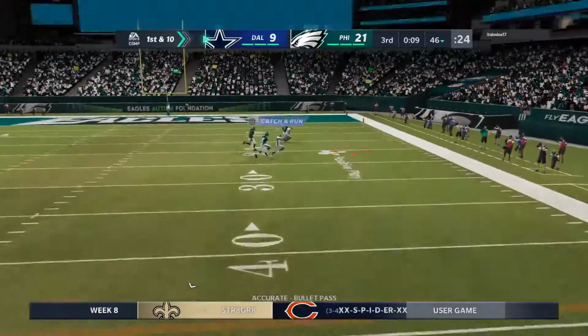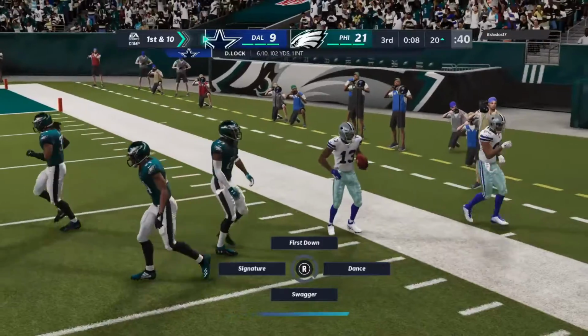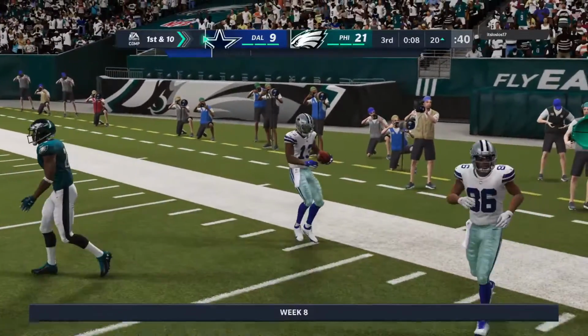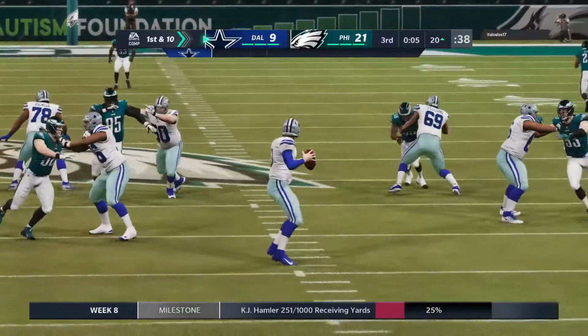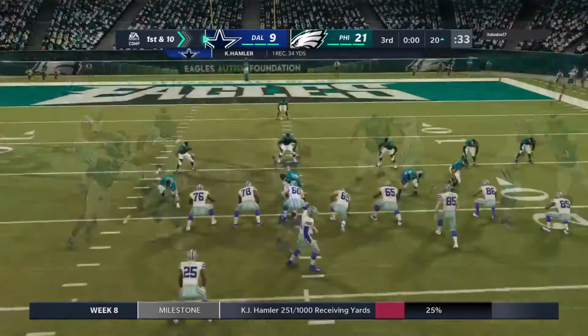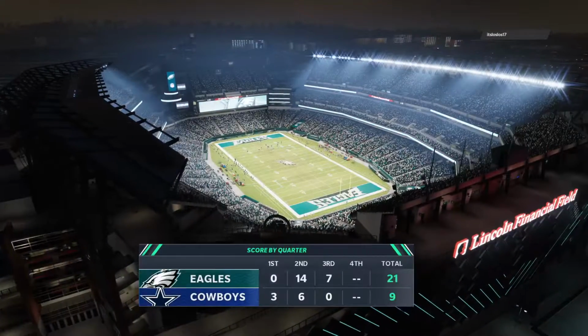He'll go up top here for Hamler. This is caught at the 20. And he's going to get this one down to the edge of the red zone. Last play, they went over 20 yards. This time, they topped 30. Cowboy 1st down. So on the other side of the field now, it's 1st and 10